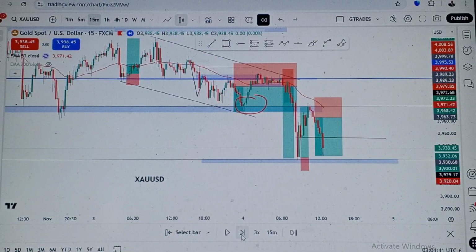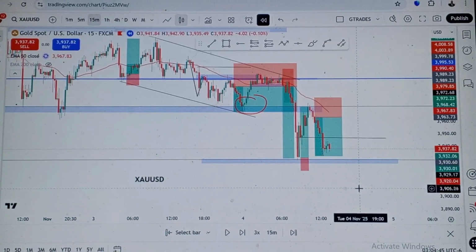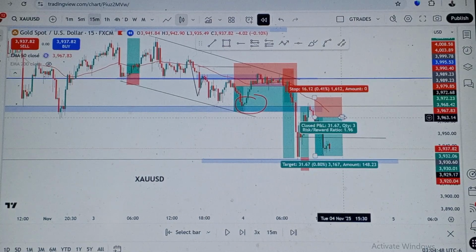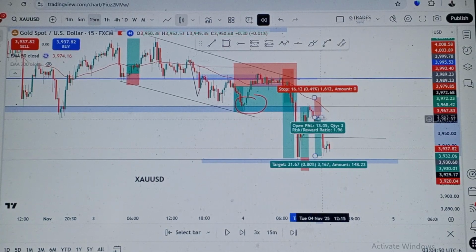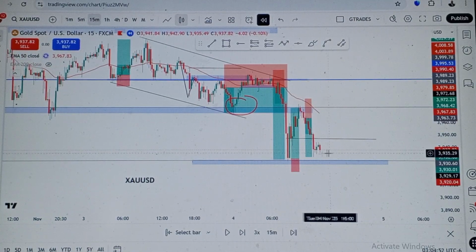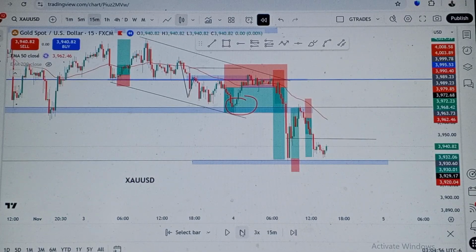What happened? Price immediately smashed our TP. Did you see that? This happened yesterday. I'm currently filming on Wednesday morning. This was Tuesday's market, right? Now price got here. Now you can see you can also enter for a buy again. Let the price come back and smash the